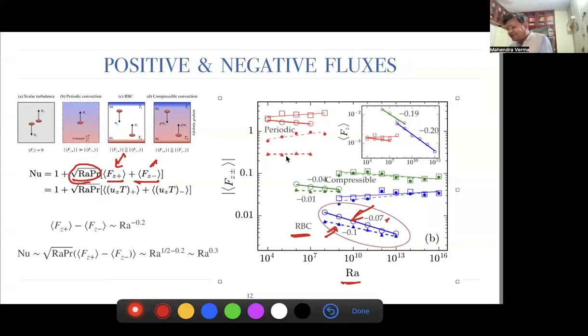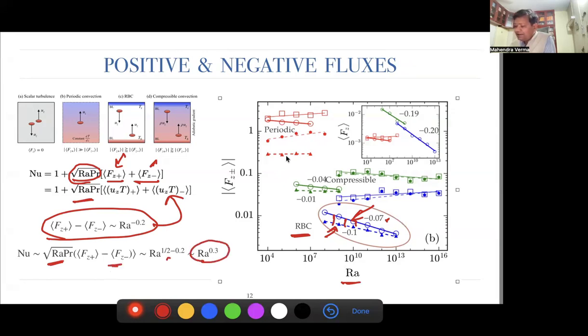So the difference is going as minus 0.2, and now we plug that into this formula. So there's a prefactor Rayleigh half here, half minus 0.2, which gives you Rayleigh 0.3. Please recall that this 0.2 we had seen before for the normalized flux. So in fact, this quantity Fz, this difference, is that normalized stuff we had seen in